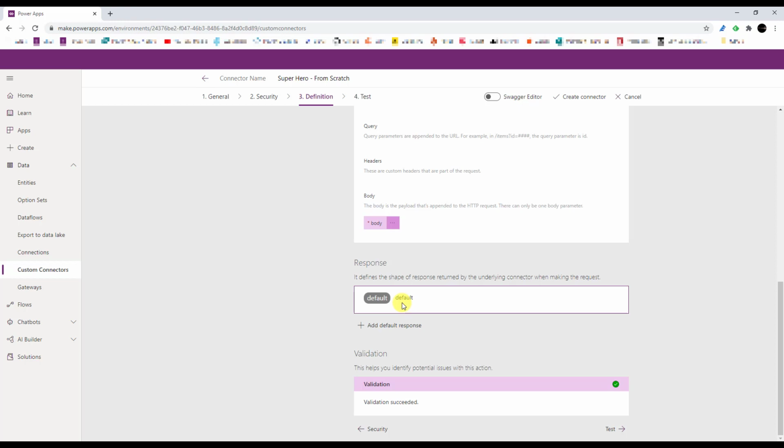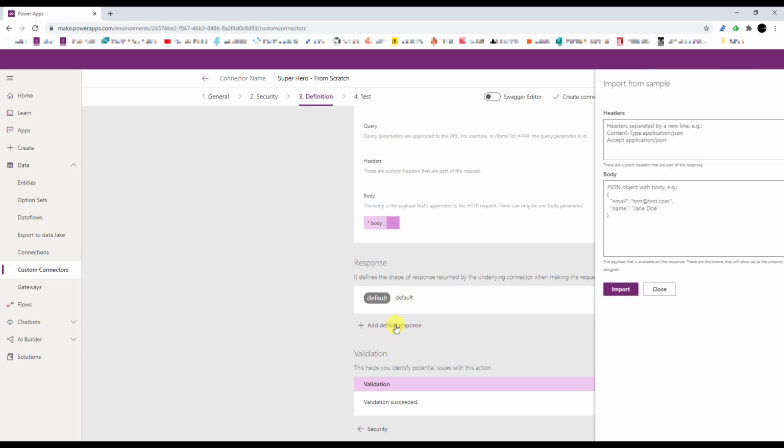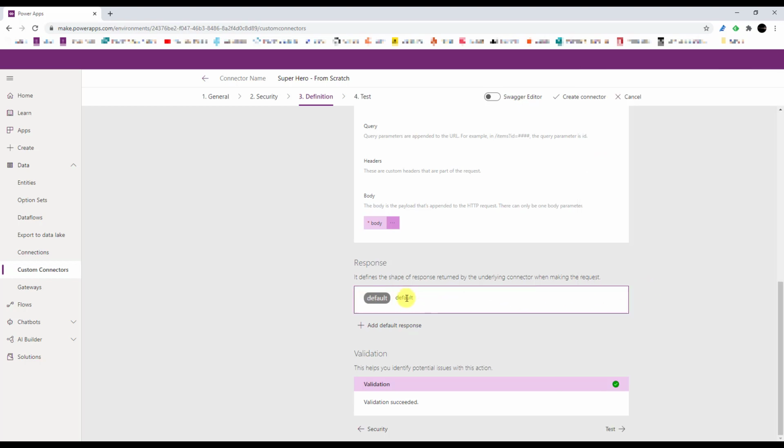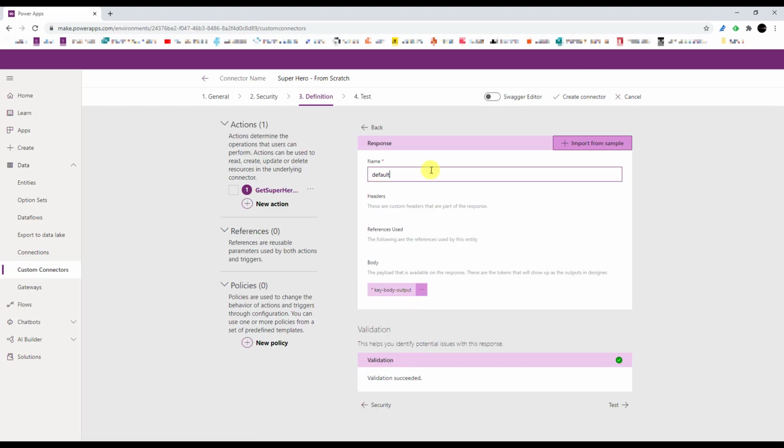There could be a 200 response, there could be 503 response, or 500 or 400 responses. So response codes could vary. So when you click on, say, add default response, when you click on this default, you actually are taken to the configuration page of that particular default response. And again, same thing in that default response, you can just take the response from your